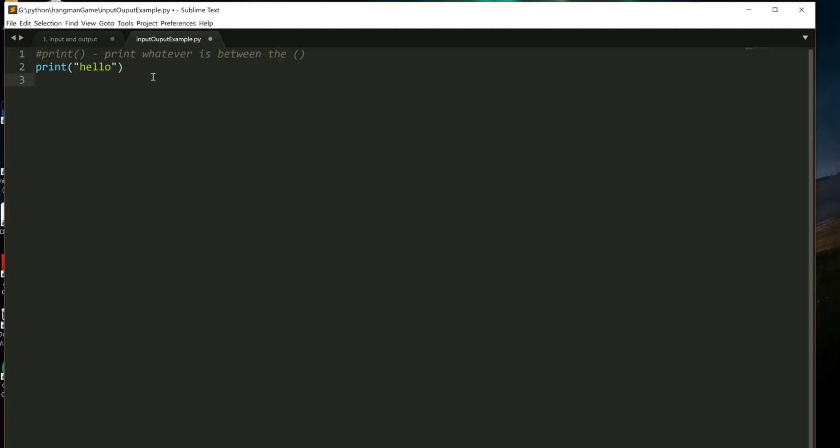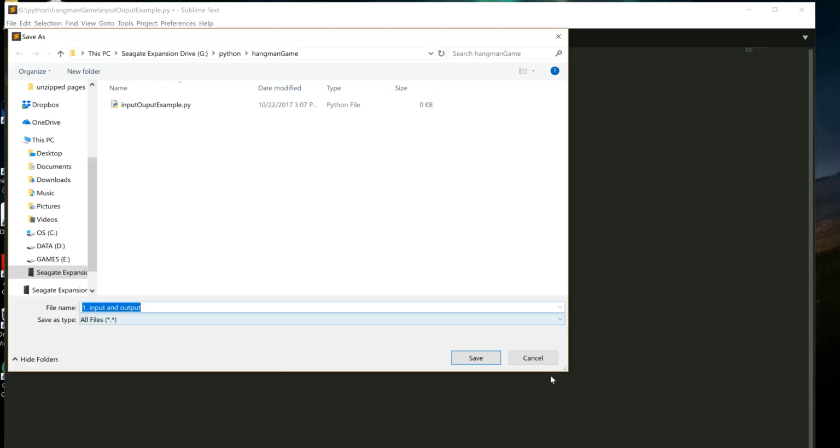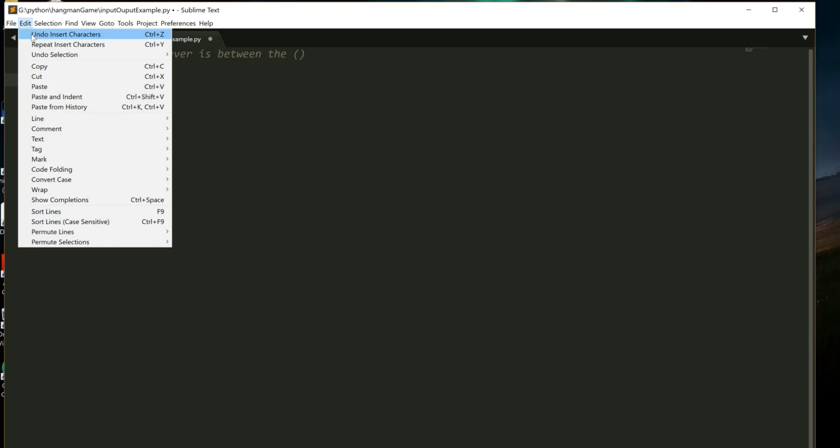Okay, so that'll print hello. If I do this though, it will not work, because if it's not inside the quotation marks, that means we're trying to use a variable called hello, and we haven't set hello to anything yet. So if I want to do this, I have to assign hello a value before I do the print. Like that. Okay, so I'm going to save it, and I just want to save this one. So save,